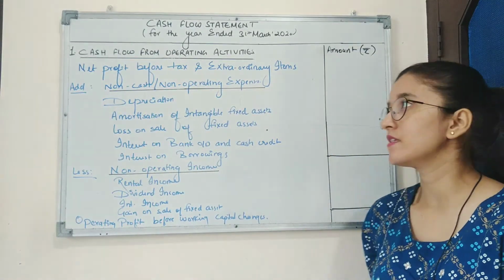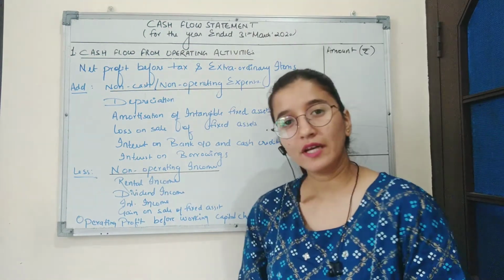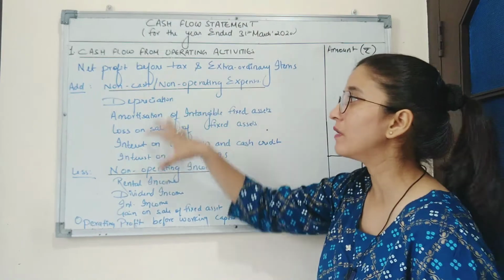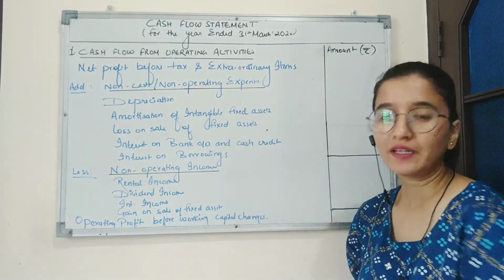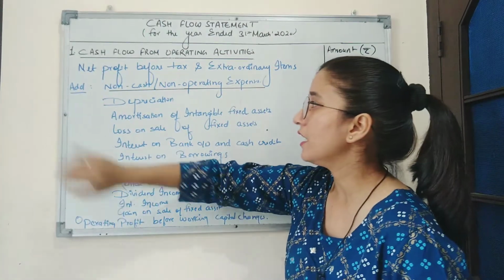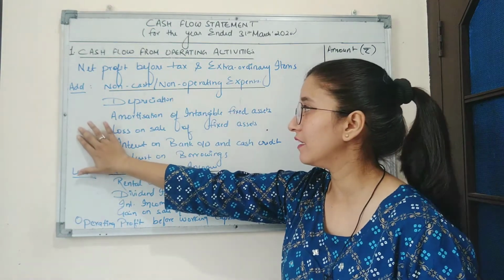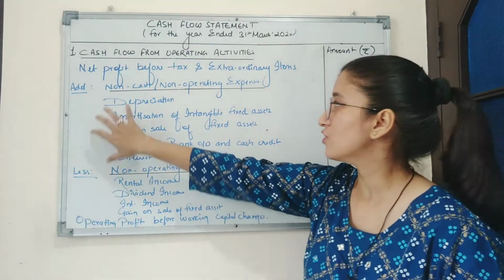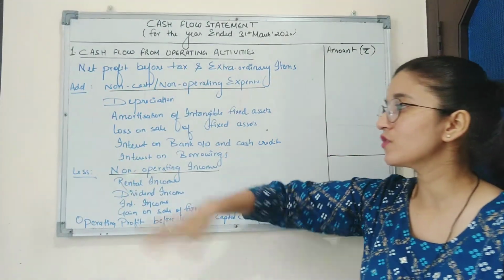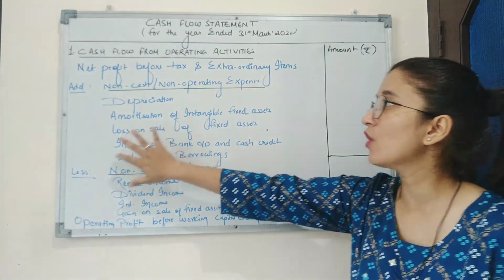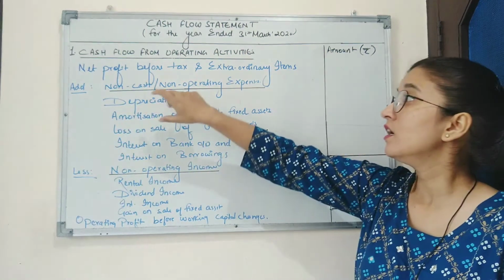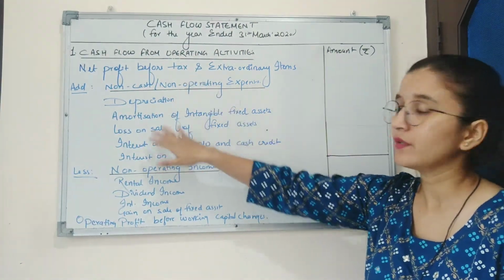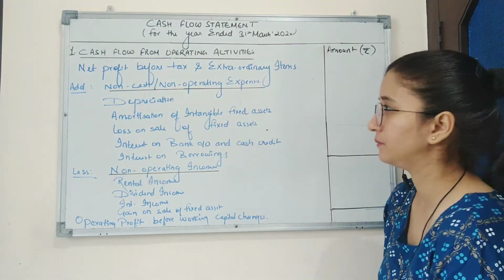non-operating expenses. प्रॉफिट एंड लॉस कैलकुलेट करते टाइम हम लोग क्या करते थे, ट्रेडिंग एंड पीएनएल अकाउंट में सारे नॉन ऑपरेटिंग एक्सपेंसेस को सब्ट्रैक्ट करते थे. यहाँ पे हम क्या करेंगे, उस इफेक्ट को नलिफाई करने के लिए हम सारे नॉन ऑपरेटिंग एक्सपेंसेस को ऐड कर देंगे, ताकि जितने भी नॉन ऑपरेटिंग एक्सपेंसेस हैं वो सारे नलिफाई हो जाए, because we are here calculating the net profit from operating activities. So all non-operating activities should be nullified.